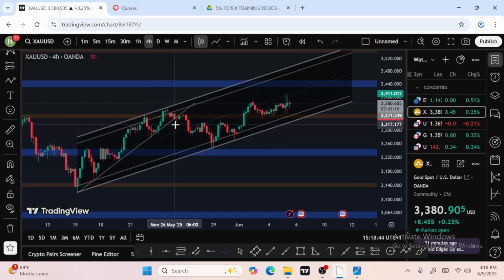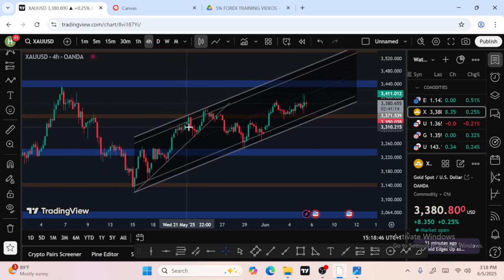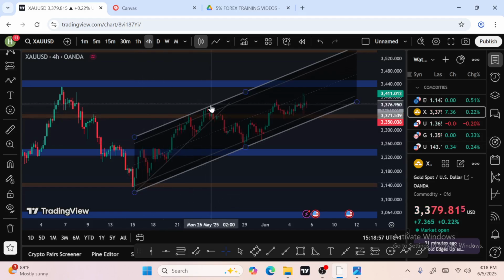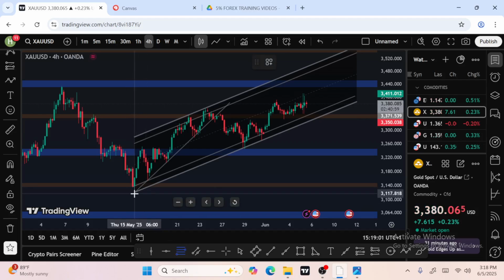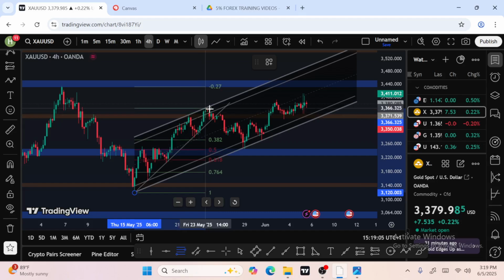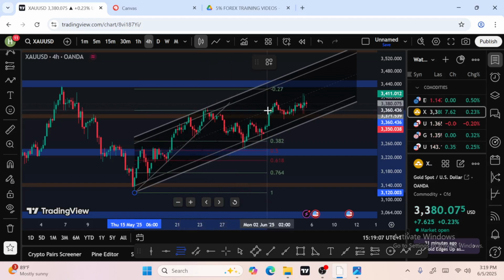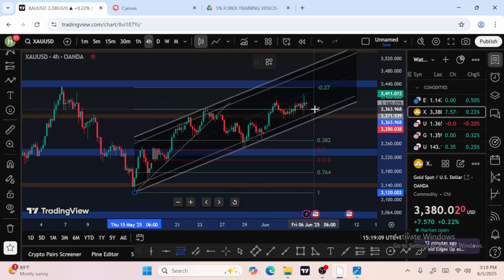But we now see a breakout. Do you see that breakout? Yes. Now, the breakout is telling us that this particular trend has been compromised. So you are expecting a retracement of this impulsive movement. Then you take your Fibonacci from this point to the highest point. Is it this place? Is it this place? Yes. Then once you place it, you are expecting this retracement to come down to where?